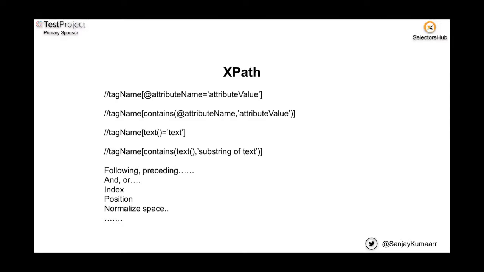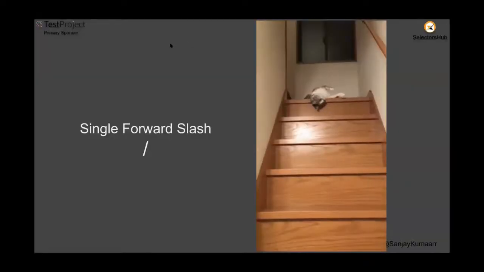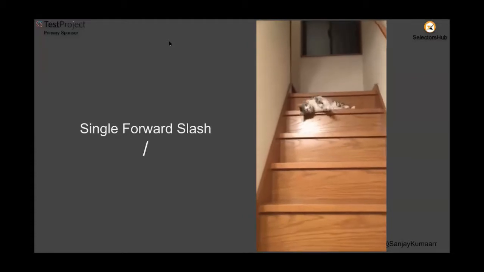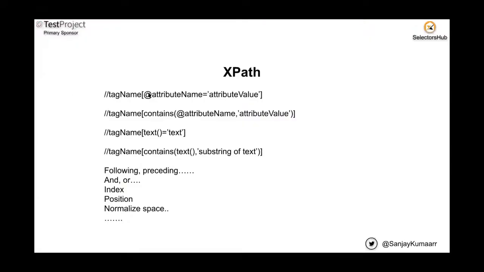So these all look like relative ones. There are absolute ones as well. I hope you can read this; I'm not going to read all of these. I believe you have seen // tag name at the rate attribute name is equal to attribute value, and a few might have seen that // one, right? When we use // and then an index, those are absolute XPath, but it is never suggested to write those kinds of XPath because they are very fragile and they break immediately.